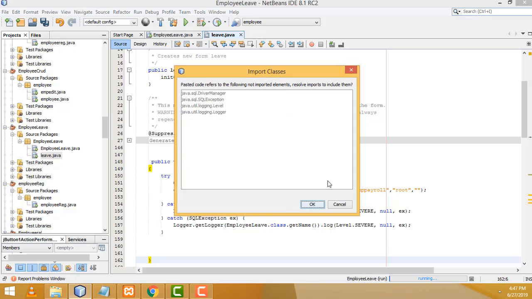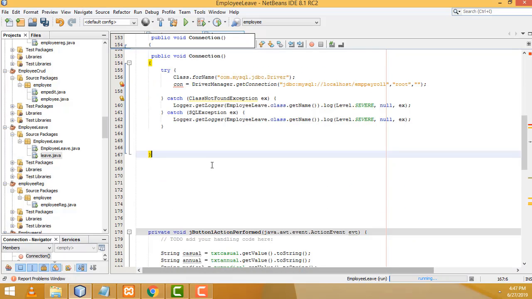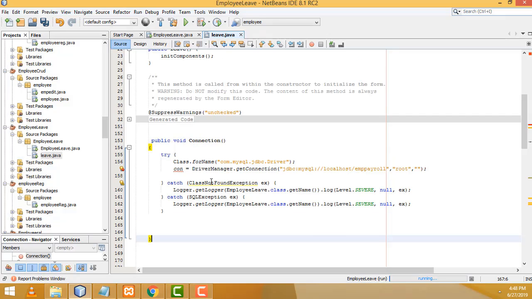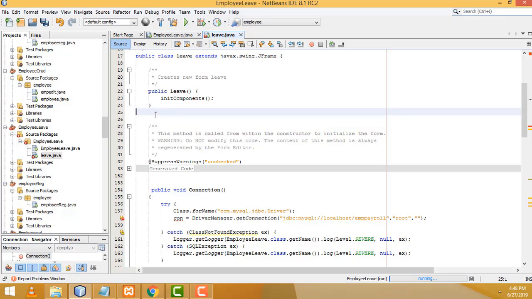Here you have to paste it, not inside here, you have to paste it outside. This is a method, you have to create a separate method. Now here it shows the error, so we have to create the same thing, the connection object and prepare statement